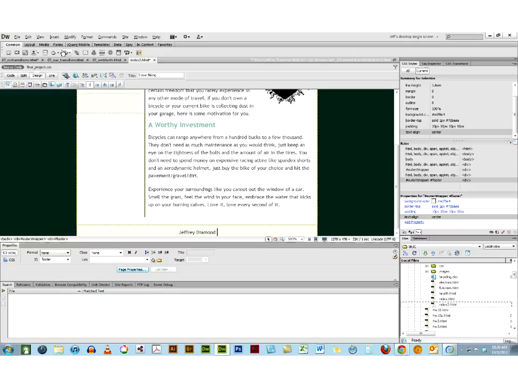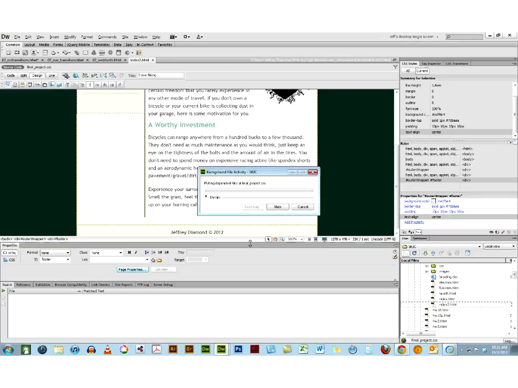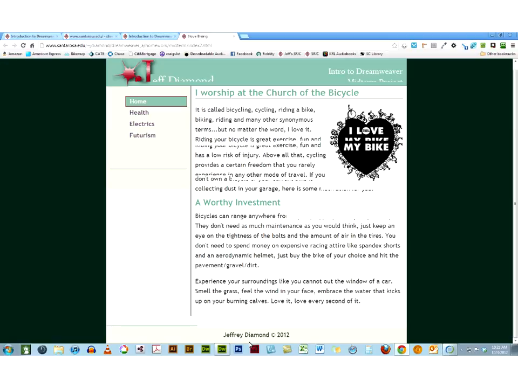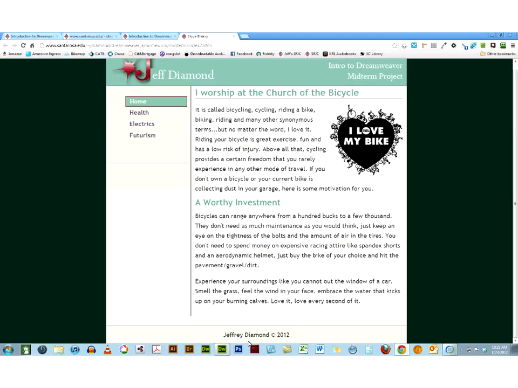I'll go to common. Where is it? They sure have updated things to the extent that I can no longer find most of them. Okay, I'll go insert copyright, and I'll say 2012. Select that, refresh. So there at the bottom, I've got,